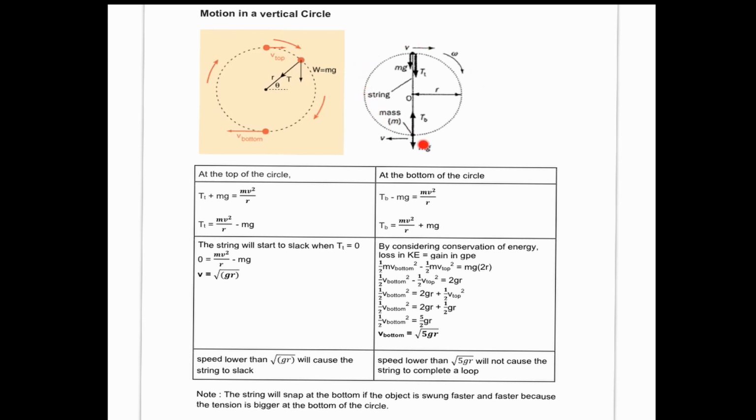come back down again. But if the speed of the stone that we give it here is too low, then it will maybe stop, go up here and then fall back down again, or it will go up here and then the string will slack and it will fall down. So we are talking about the case now where you give it sufficient speed such that it is able to complete one circle. So you give it sufficient speed, it will go very fast at first, it will slow down